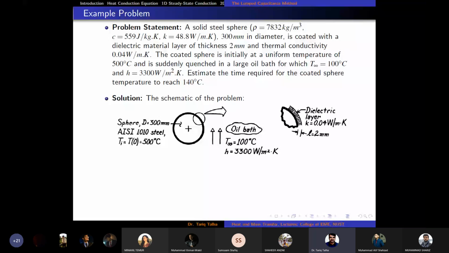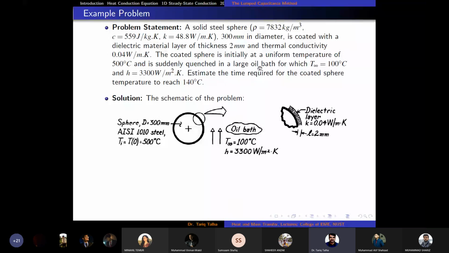Rho Vc was the thermal capacitance, which we studied in lumped capacitance. Rho Vc was equal to C, which was the thermal capacitance. So now because the volume is very large compared to the previous case, it means that the thermal capacitance, or thermal ability to store energy, is quite high. So in addition to that we have additional convection resistance. So